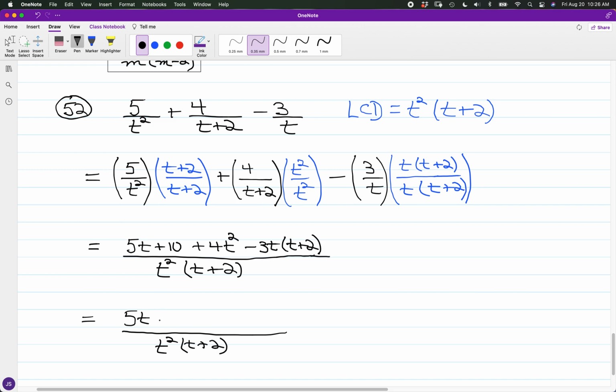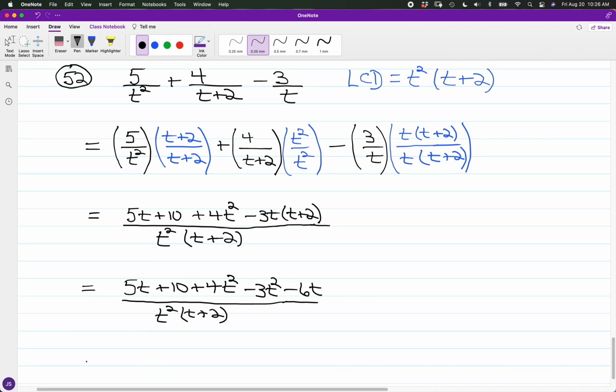So we have 5t plus 10 plus 4t squared, and with the remaining group, we have negative 3t over the quantity of t plus 2. Negative 3t times t is negative 3t squared, and negative 3t times 2 will be a negative 6t. And we have, upon consolidating,